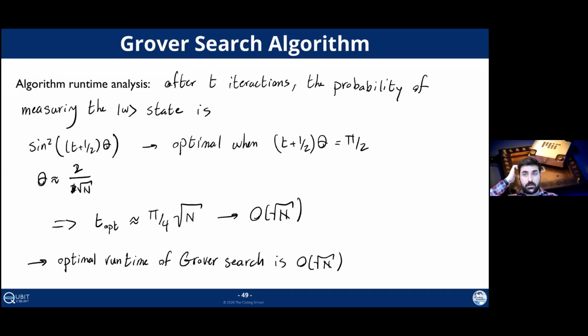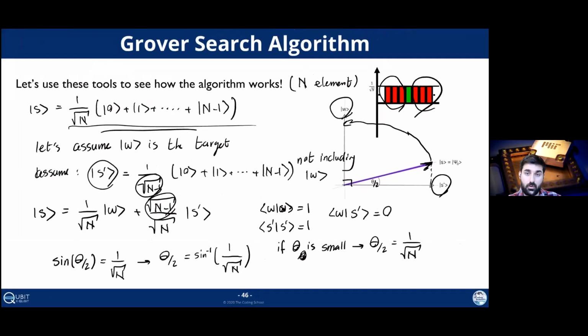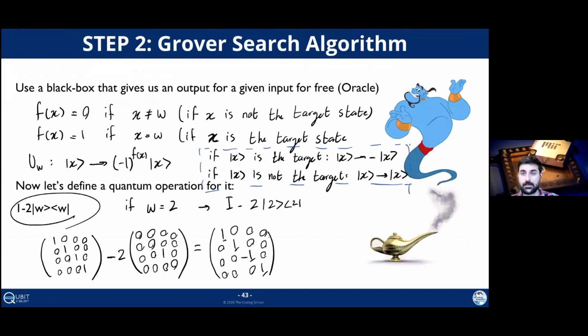Yeah, so definitely oracle construction is an active area of research, and it does depend on the problem you're trying to solve. But the one thing that I'll say is that a lot of the time, we know what the element that we're looking for is. We don't know what index it's attached to. So what you'll do is construct an oracle that behaves the way that we want it, basically shown over here, for that particular state and for nothing else. And then the state is the state that you're looking for,